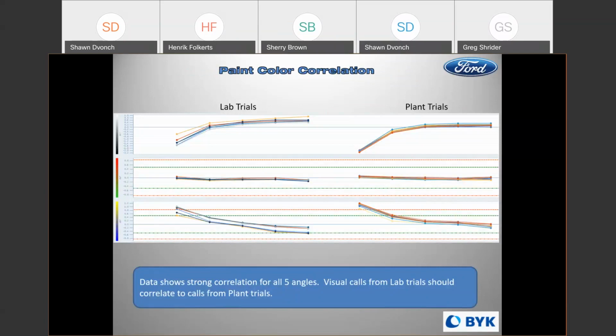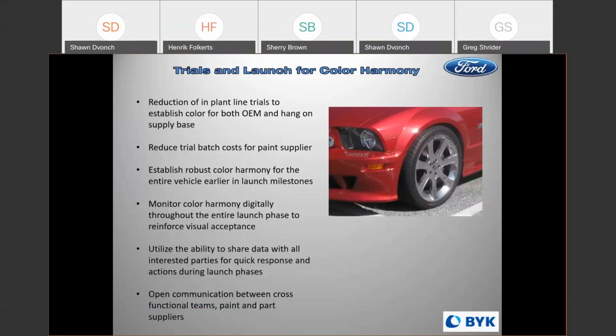This was something that we moved right into a greenfield project. We had to be saleable because cars were going to go to the dealership right away. I said we could do it, and here's where we ended up, and it was a success story all the way around. So as we move into our next phase, what we call our trials and launch for Color Harmony,